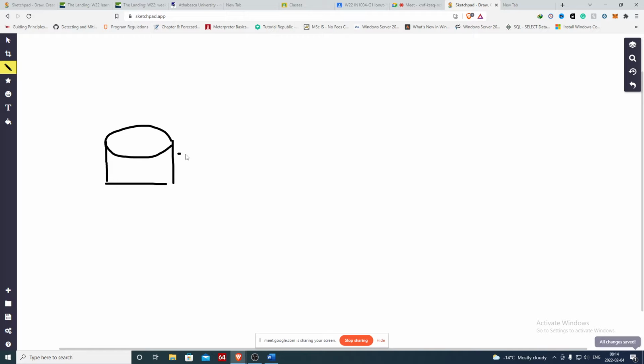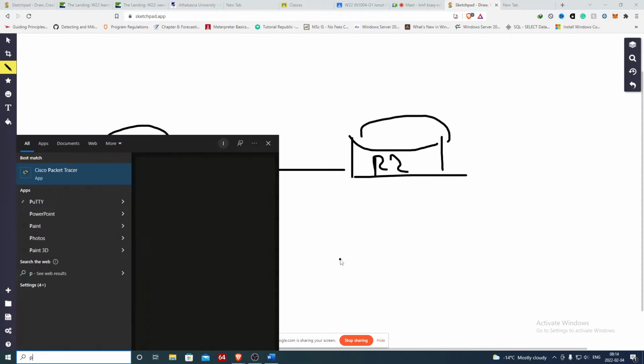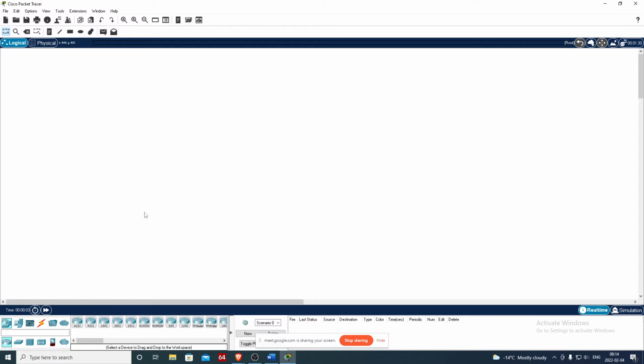Alright, so we have a router. The router is the main reason why you connect network A to network B. Those two networks can be in separate, different geographical spaces. It doesn't matter. The router will try all the time to find the fastest way to reach that network. Normally, routers being very expensive, they don't have too many ports compared to a switch. A switch has way too many ports, and it has absolutely no problem if you add additional devices. However, if you pay attention, do you see the router has only two